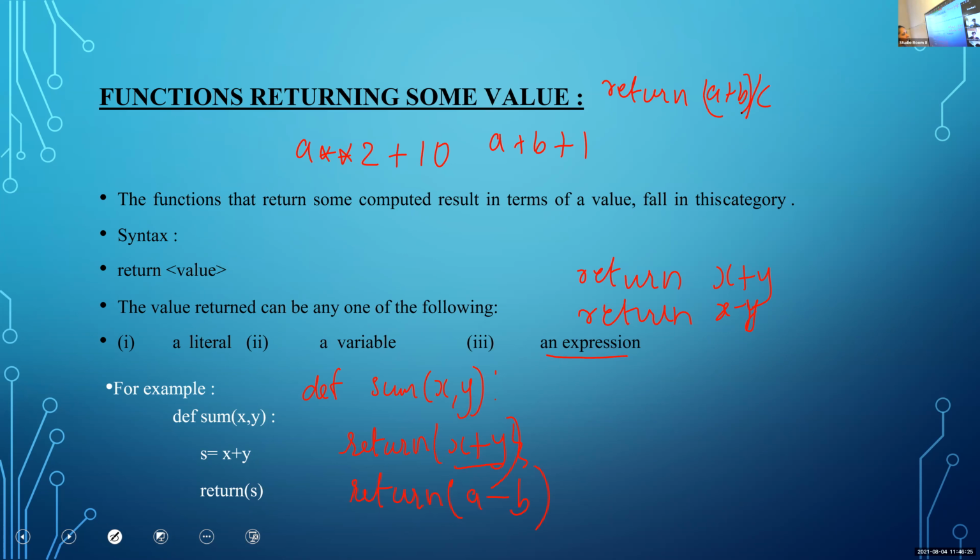What is the use of this bracket here? What is the meaning of this bracket here? Emmanuel, what is the meaning of this bracket here? A plus b.